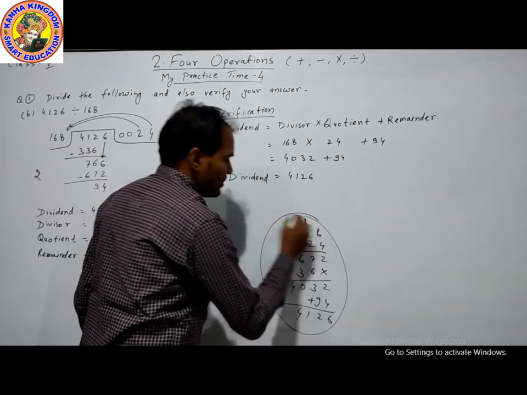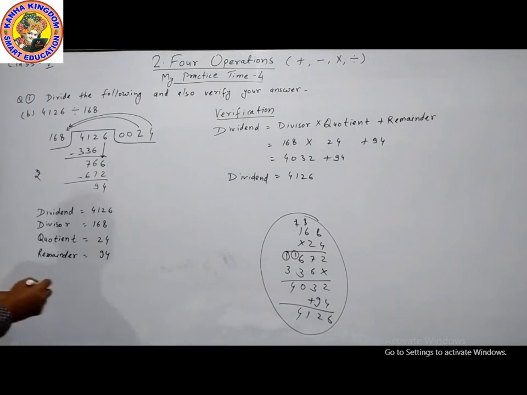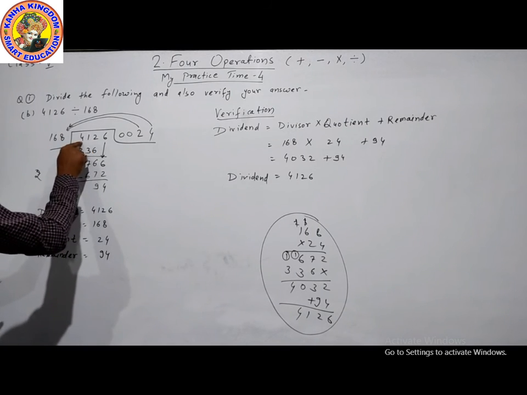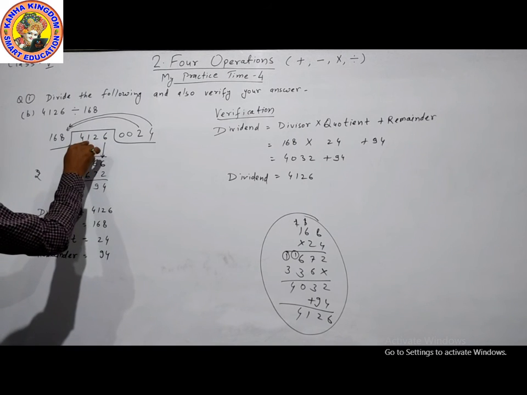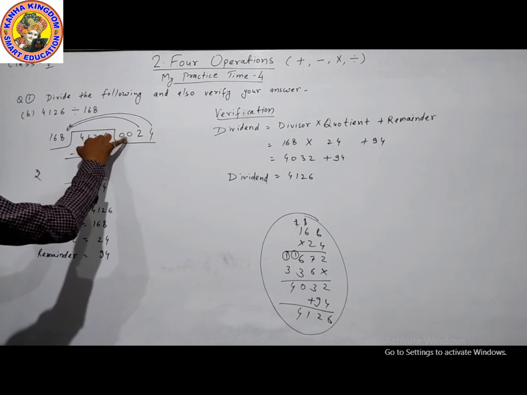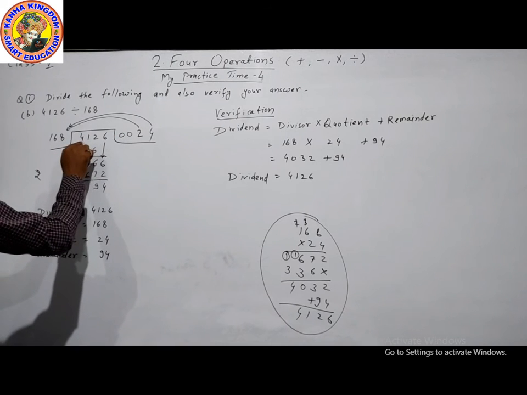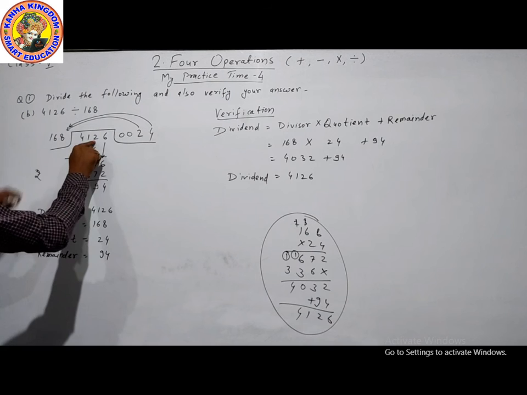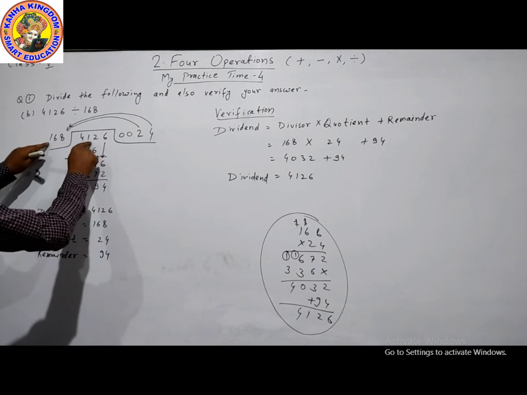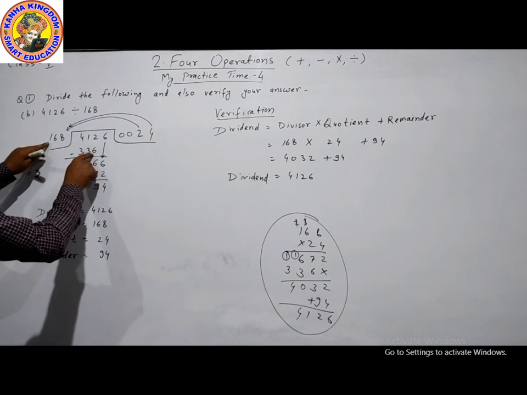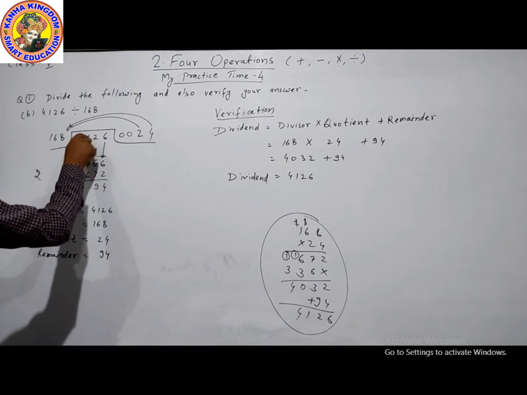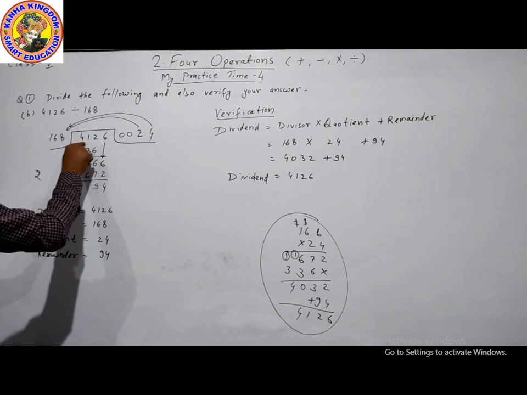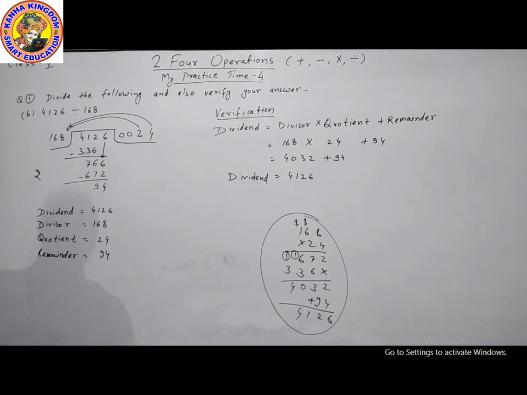This is our rough copy. First of all we will divide these numbers. 4, we cannot divide. Now take 41, we cannot divide, place 0. Now take another number, 412. Here is 100, so we can divide. We will divide by 2 times and subtract this. After giving a borrow, here is 0. 40 minus 33. The answer is 7.